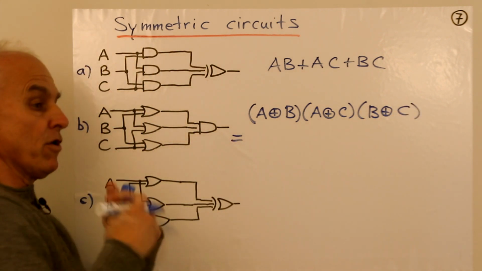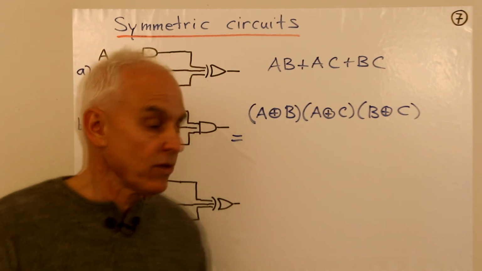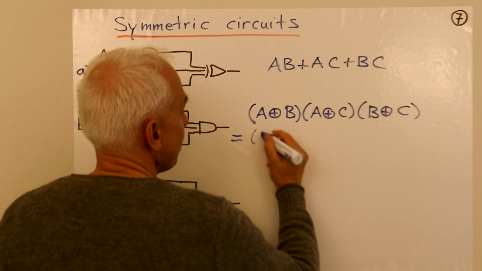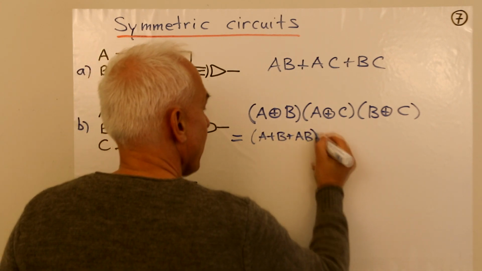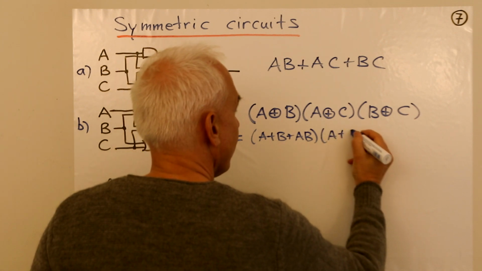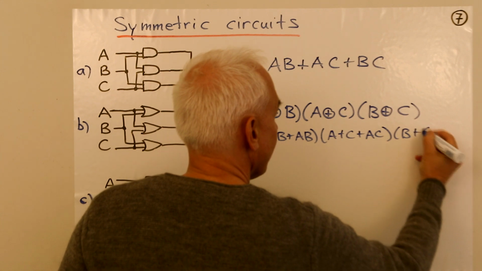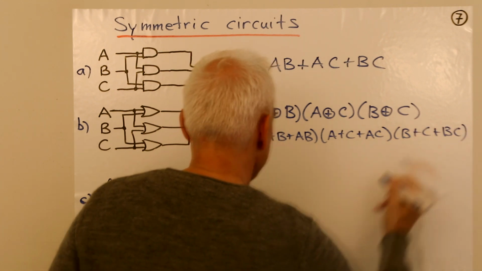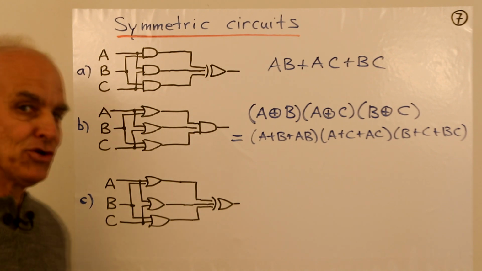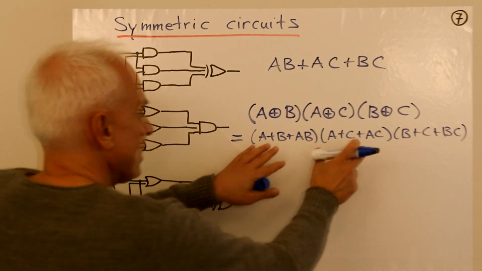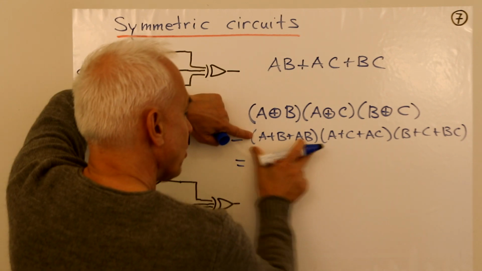Okay, let's convert that, as we want to do, into the algebra of Boole. The circle sum is replaced with what? So here we have A plus B plus AB. And here we have A plus C plus AC. And here we have B plus C plus BC. Okay, now we have some multiplication to do. Okay, so let's take the product of these two things here first. Okay, so this term times this term.